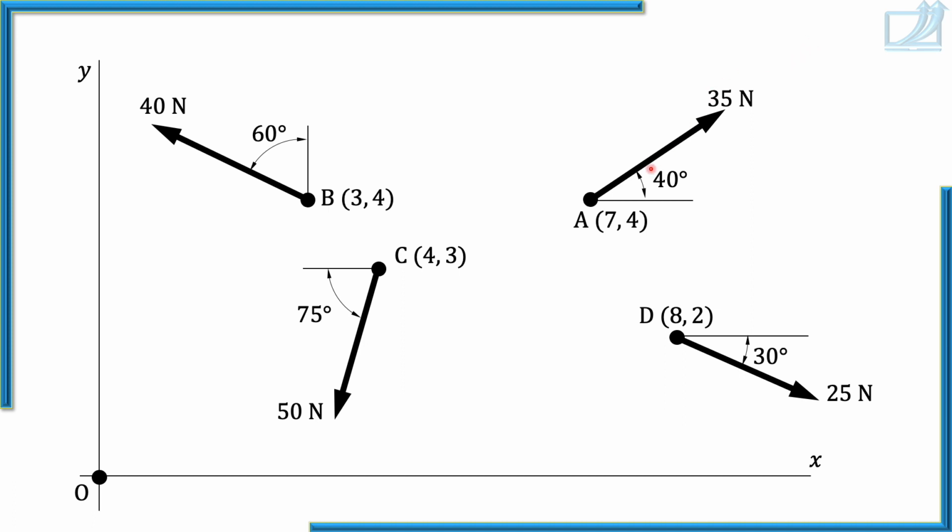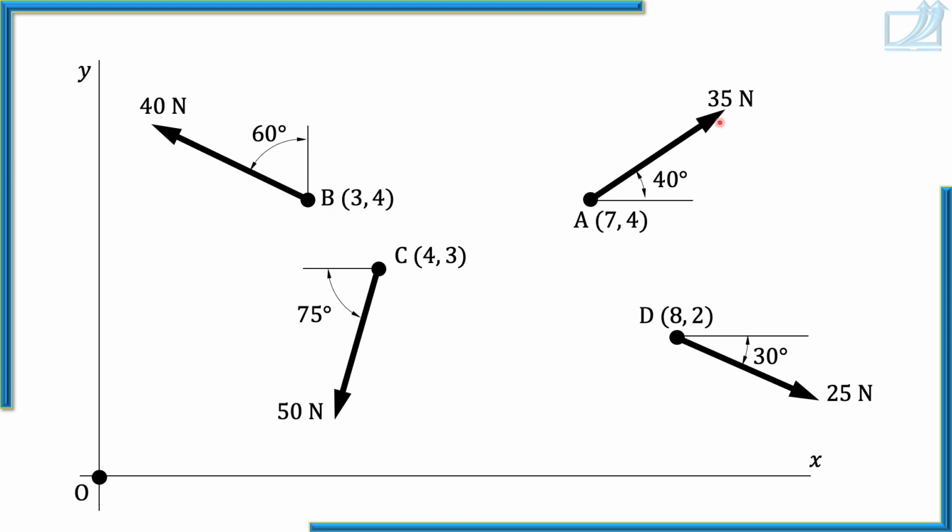So this direction is rightwards upwards. This direction is leftwards upwards. Direction of this 50 Newton force is leftwards downwards, and direction of this 25 Newton force is rightwards downwards. Also remember, it is not necessary to show the angle always with the x axis. You may show the angle in the diagram with the y axis. So show the angle of inclined forces either with the x axis or with the y axis.